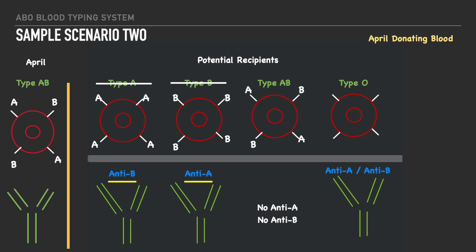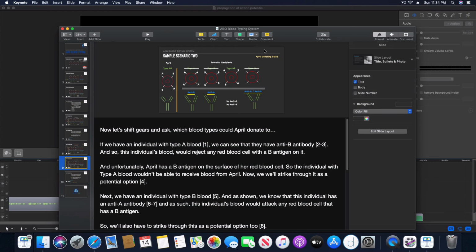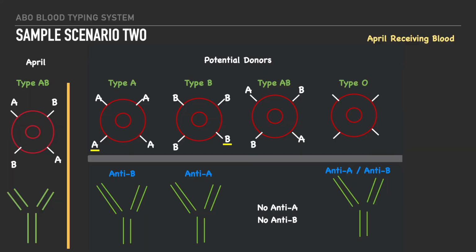individual. And moving on to the next one, which is type AB blood, we can say that April is able to receive blood from her own blood type. But again, realistically, we would need to consider what happens when individuals have positive and negative blood types, and we'll cover this in an upcoming video. But for now, we'll note that she can safely receive blood from someone that has the same blood type she